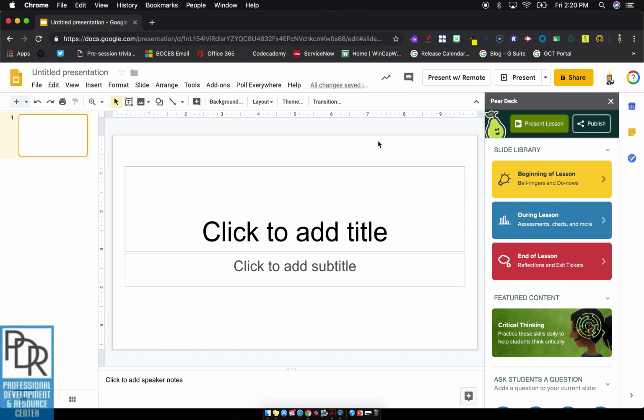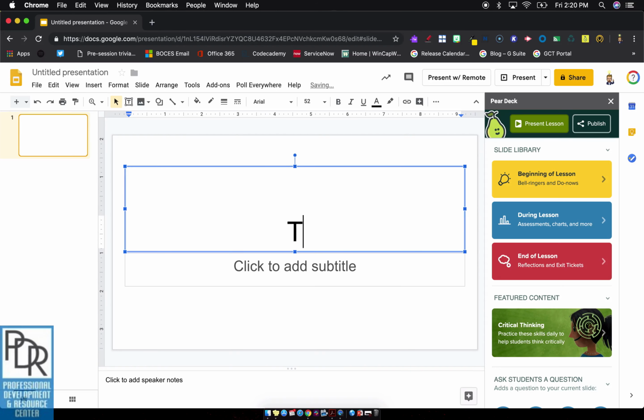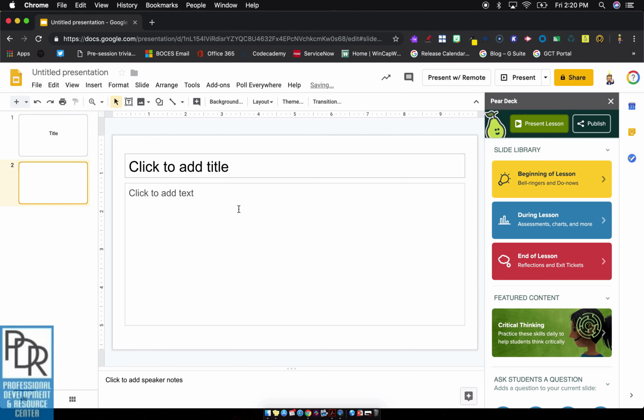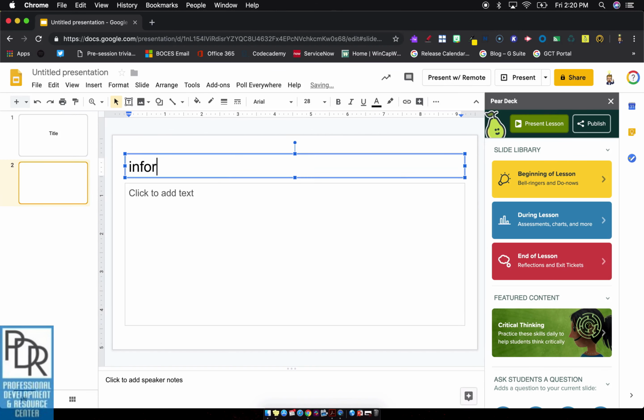In this video I'd like to take a closer look at creating slides in a Pear Deck slide deck with Google Slides. Like we mentioned, this is our preferred way of building, within a Google slide deck. I would put in my title slide and build things as I normally would, with information that I would share with my students. When I want to bring in the magic of Pear Deck is when I want to bring in one